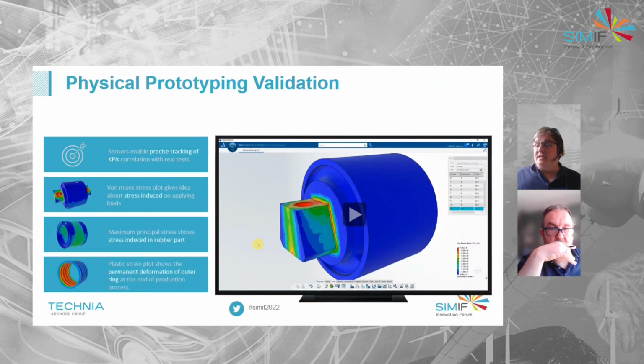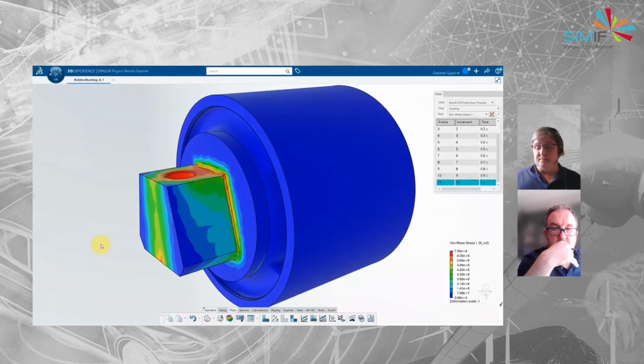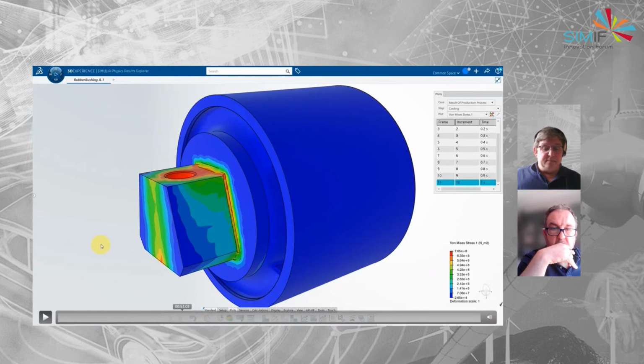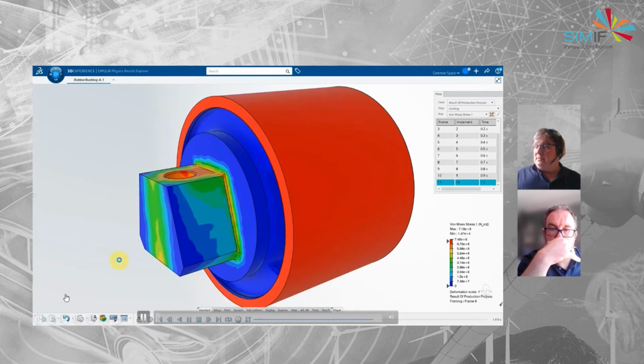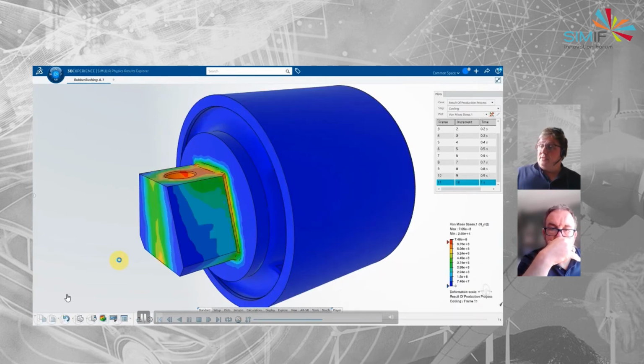So the next stage, the physical prototyping validation. Looking at those results. So here we are.